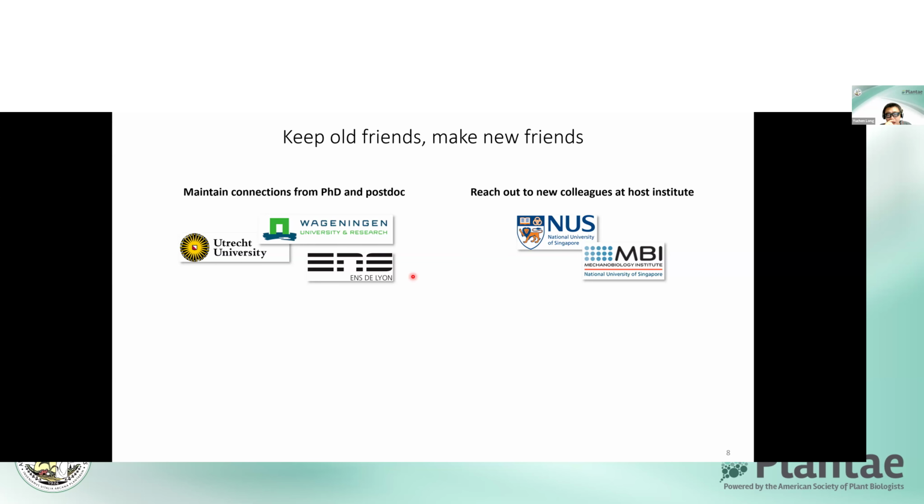But of course, at the same time, I think in some cultures it is frowned upon a little bit to immediately continue to collaborate with your previous supervisors, because they might be seen as a lack of independence. So depending on which institute and which country you are in, you might want to keep that in mind, in how you approach this kind of networking in the future.